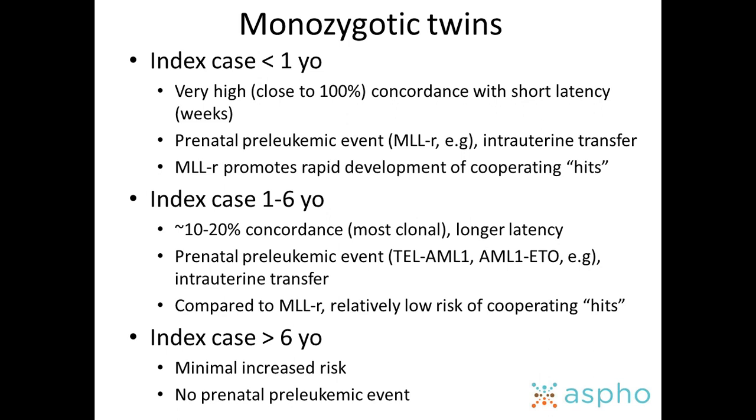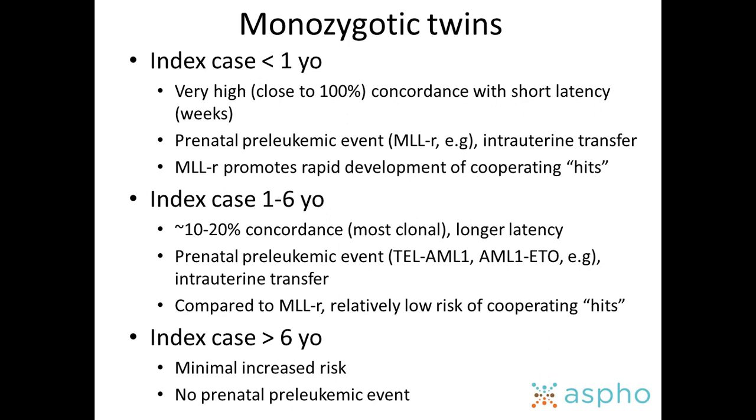But what this tells us biologically is that in infant leukemia, it's very likely a prenatal pre-leukemic event, in this case MLL rearrangement in most cases, and then intrauterine transfer of that cell. And then that oncogene is one of the most powerful ones known, with a very short latency and essentially 100%